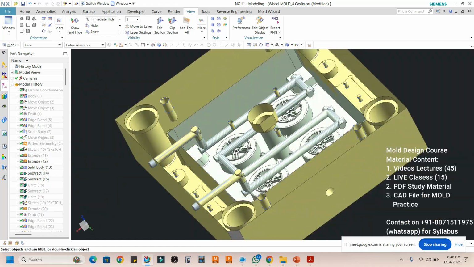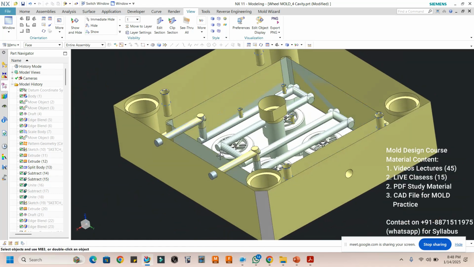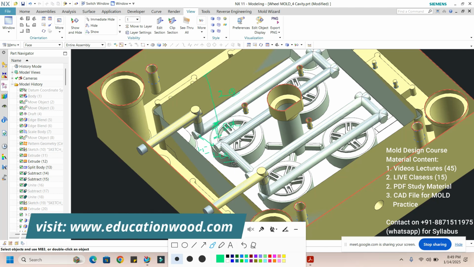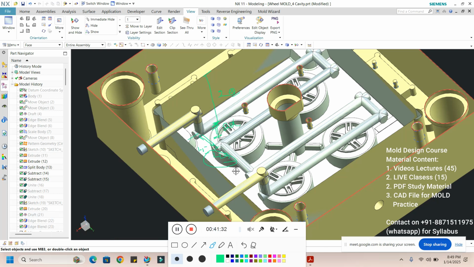Here, as I told you, for example, this is the face of the component. From the face of the component to the edge or the center of this cooling, it will be 20 mm, and again from this point to the face of this it will be 20 mm, right? And from one channel to another channel, from center to center, I can take 1.5 to 2D. Generally we will take 2D.